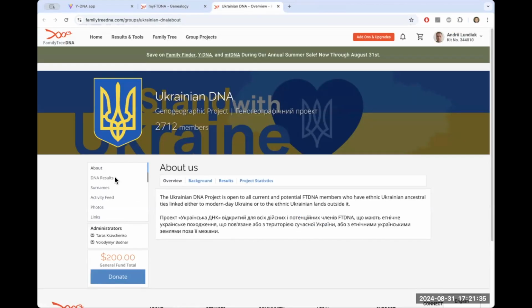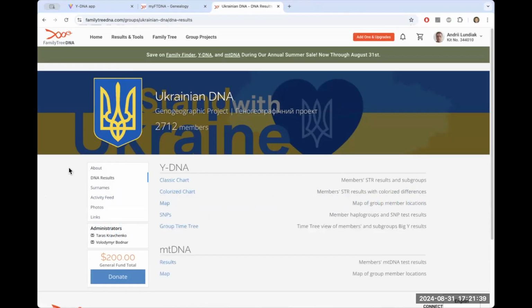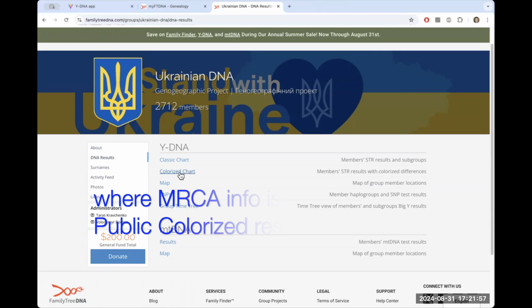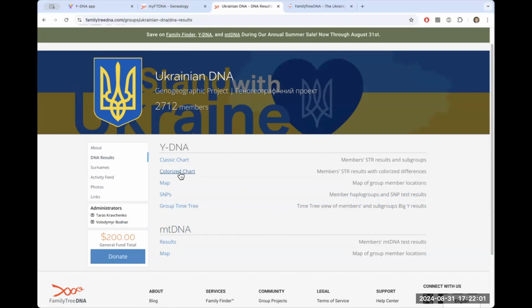Almost all projects have a DNA results section in the left side menu sidebar, and under Y-DNA and/or mtDNA there are always results pages. I will show you both, because right now I want to reflect information about paternal and maternal ancestry. Let's have a look first at the colorized chart of